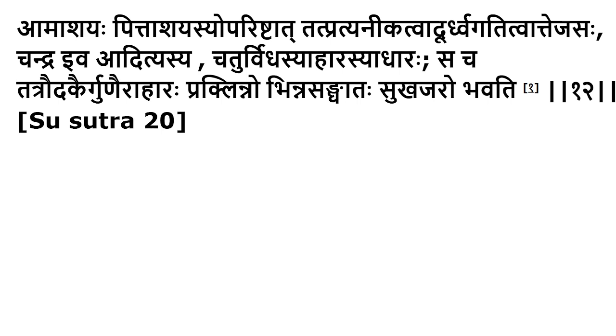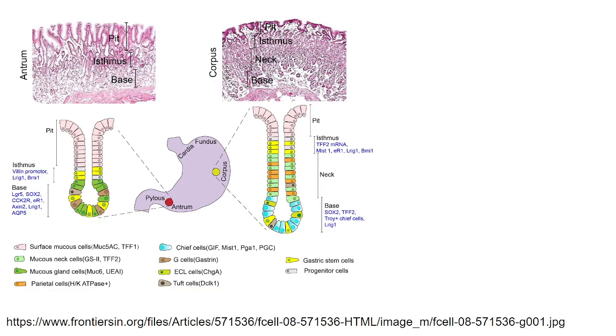In addition to that, the other function of the stomach is one of the defense mechanisms of the body. If at all something which is not suitable to the body is eaten, it is expelled out. That vomiting is done as a protection. So it prevents the body getting harmed. And of course, the acid secreted in the stomach also is antibacterial, or any microorganisms which could be consumed in excess, or which are not suitable to the body, will be destroyed by that acidic pH which is produced. So it's a detoxification function also, one of the functions of the stomach. That's the Aditya and Chandra functions. These functions are achieved depending upon the location as such.